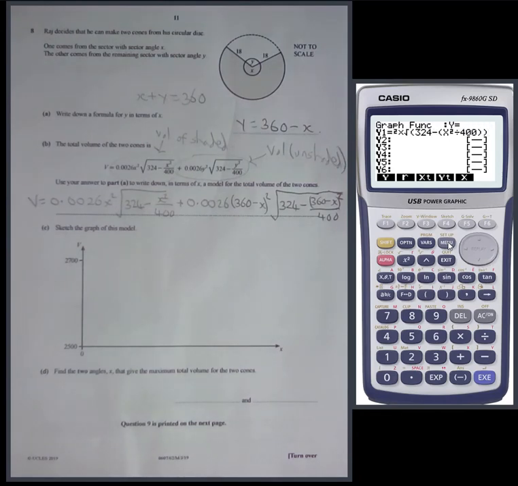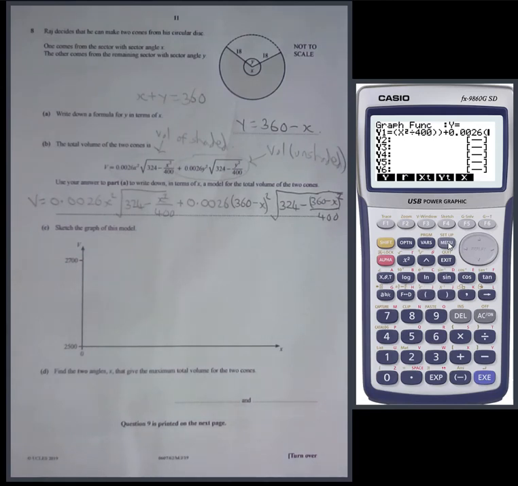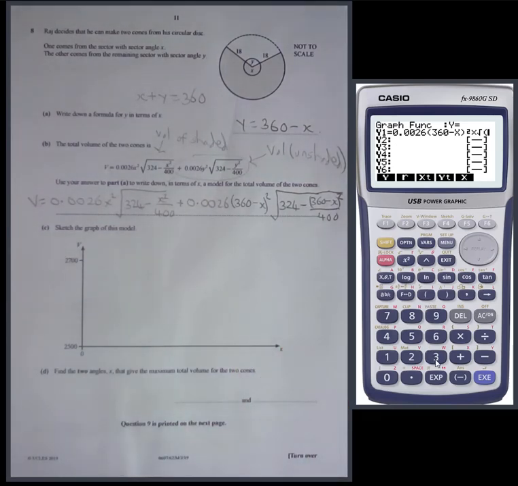So start from here, then we need to add 0.0026 to 360 minus x squared, 360 minus x, close the bracket, squared, times the square root of, remember, make sure you get your brackets right here, square root of 324